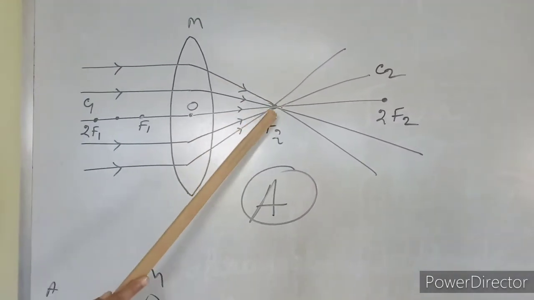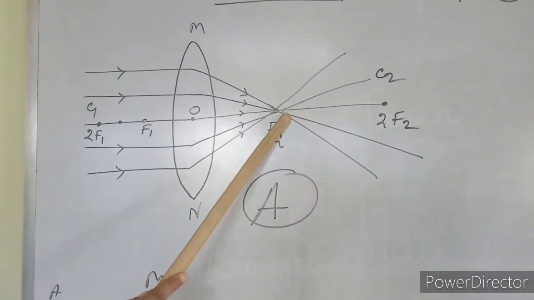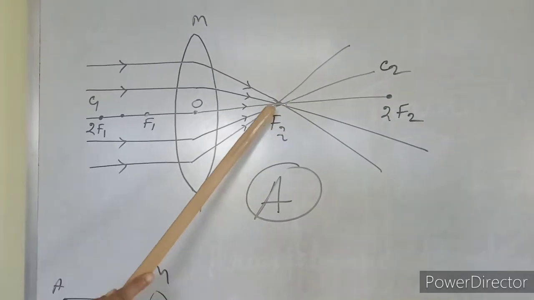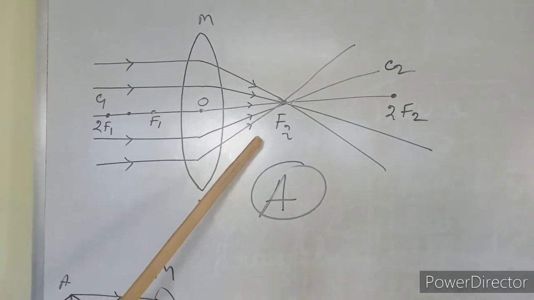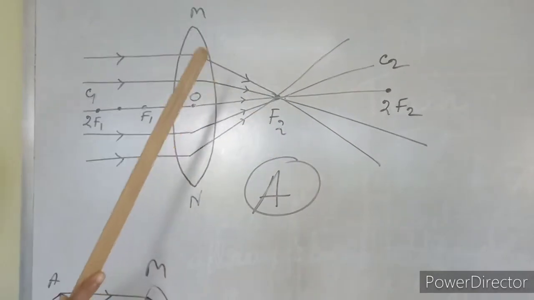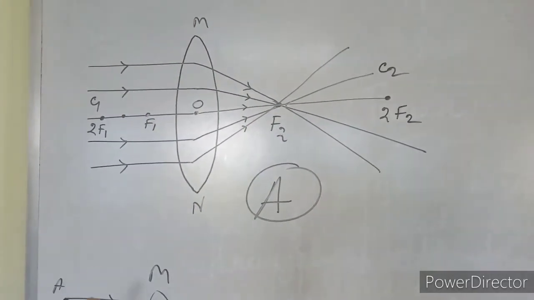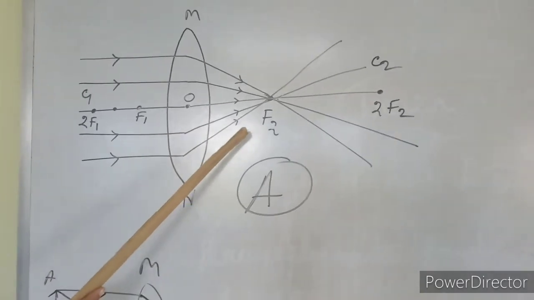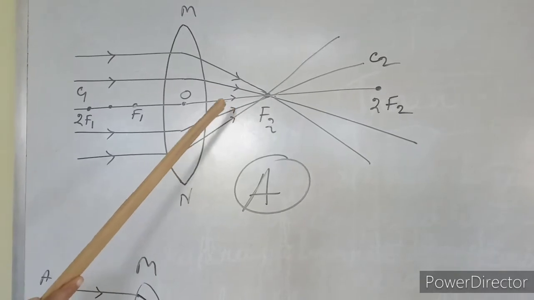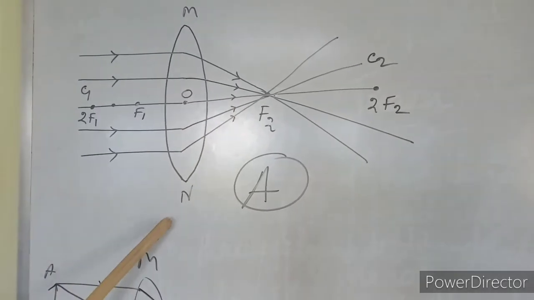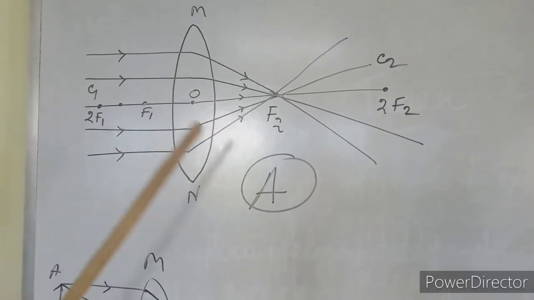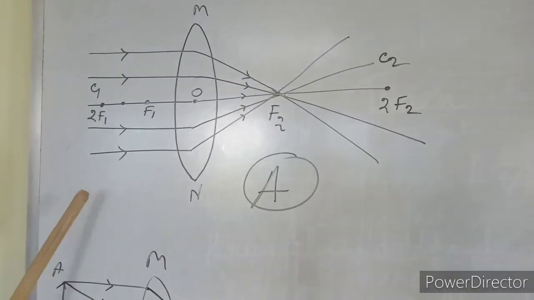So all the rays are meeting at F2, that means the image is forming at the focus on the opposite side. As it is forming on the opposite side, it is a real image, and you can find that it is diminished as a point size object. So what is the nature of the image? Nature is, it is real image, it is diminished image, and it is inverted also. This is all about the object when it is kept at infinity, where the image is going to form, and this is the ray diagram.